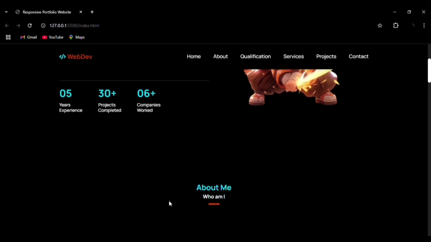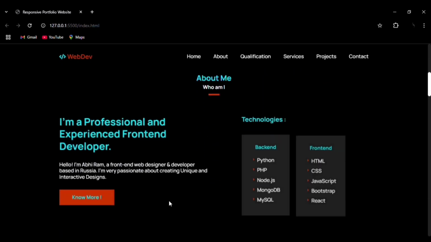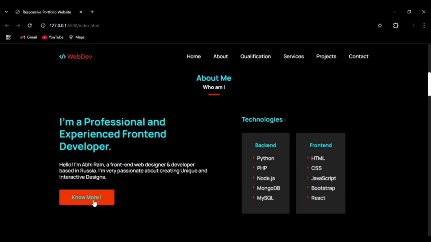And then we can go to the about me section. You can see the hover effect on the button, and you can see the technologies. This is the way that we have aligned backend and front end. You can see the icons that we have added before the technology name, and you can see how we align